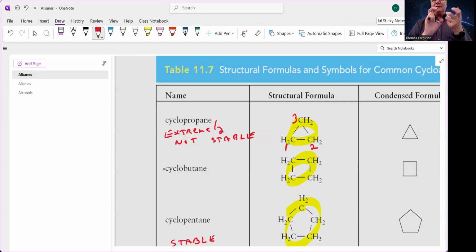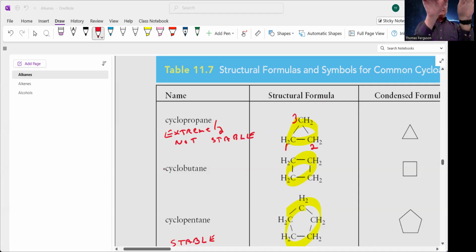So yes, it can actually do that, but it'll flip-flop around and then spend most of the time in the more stable version, not the unstable version. So what do you mean by rigid? The carbon-carbon bonds can't spin, can't twist. They can turn themselves in and out, but the relationship between